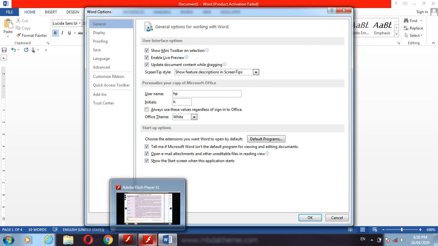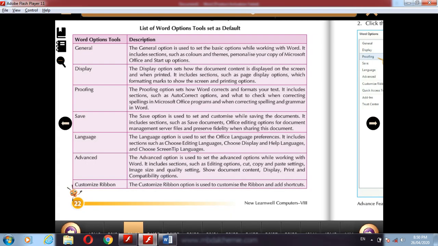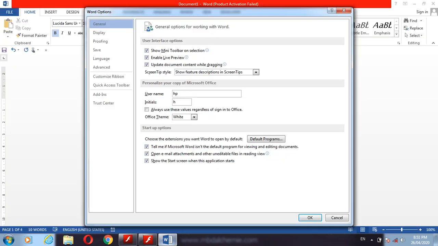Proofing: the Proofing option sets how Word corrects and formats your text. It includes sections such as AutoCorrect options, what to check when correcting spelling in Microsoft Office programs, and when correcting spelling and grammar in Word. See, in Proofing: ignore words in uppercase, ignore words with numbers, ignore internet and file addresses, flag repeated words, check spelling as you type, mark grammar errors as you type.